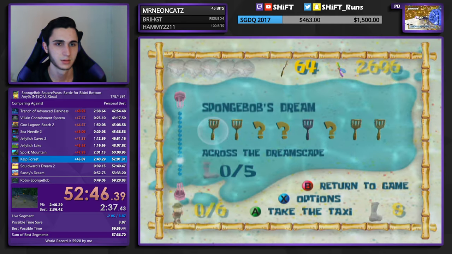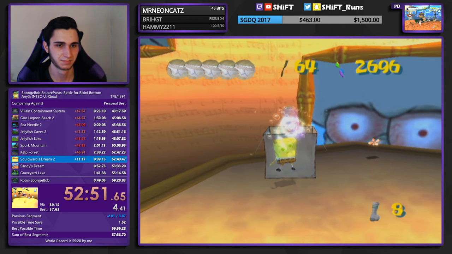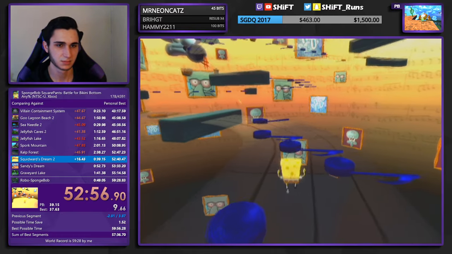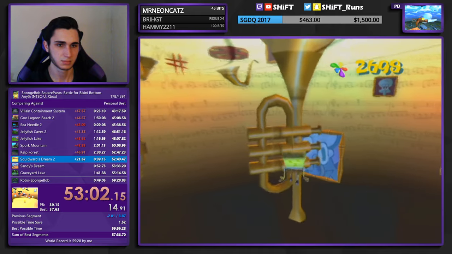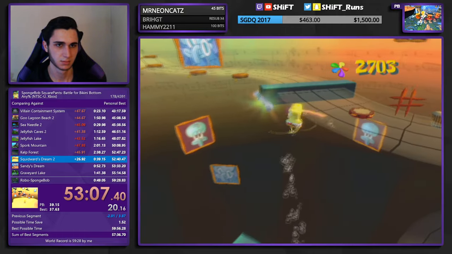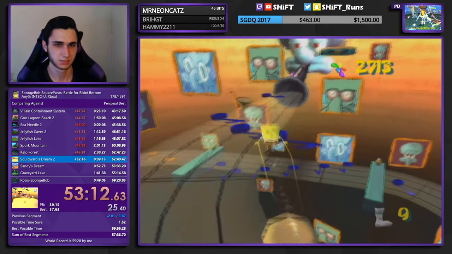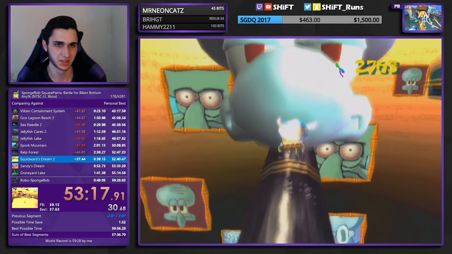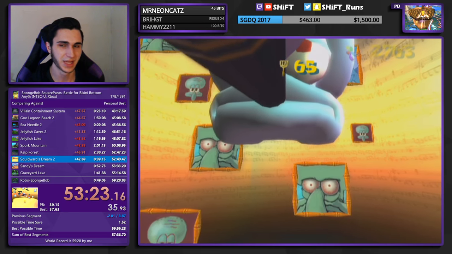Alright, now, the part that everybody hates playing. Dream 2. This is where the movement starts to get pretty intense. So hang on. Alright, so we've cleared Squidward's dream by skipping a lot of notes and just using cruise boosting to blast through the entire level. And now we have the level that everybody actually...